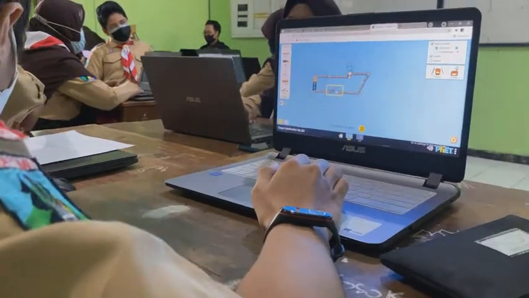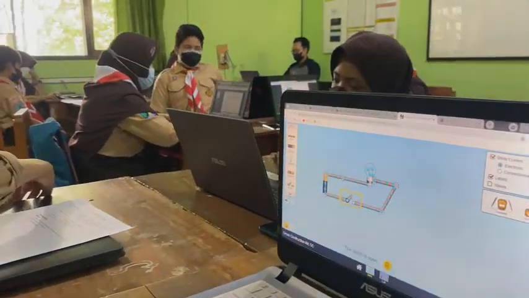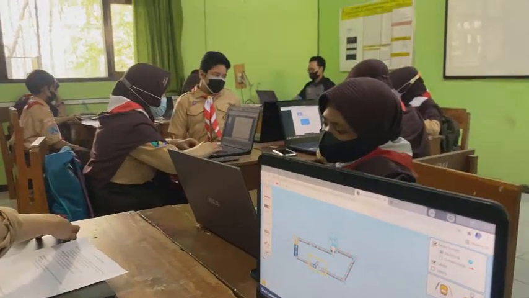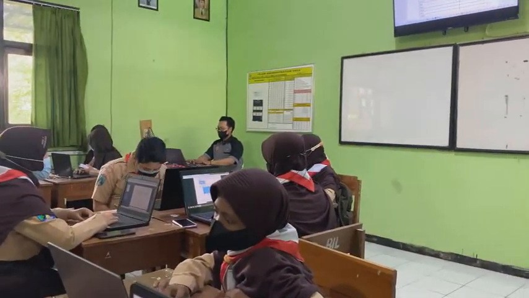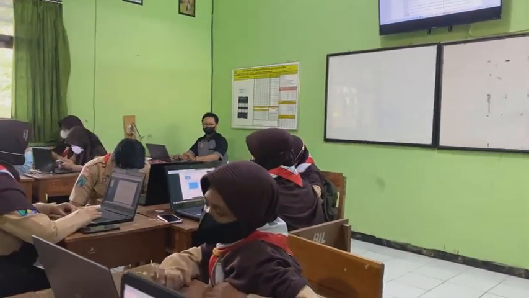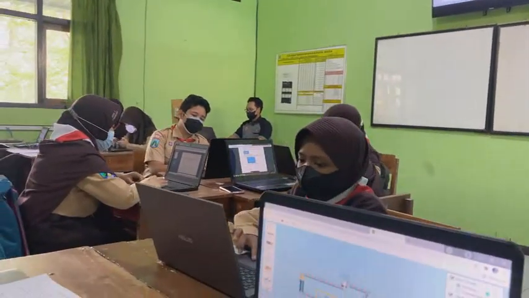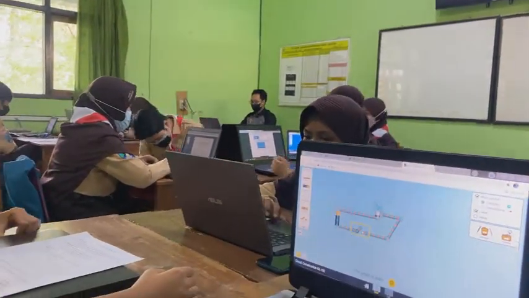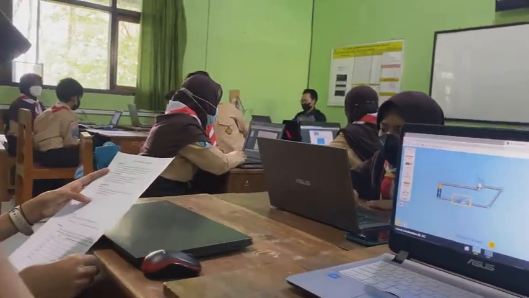And then the next question, what is the difference between switch off and switch on? Nah, state it. What is the difference when you switch off and when you switch on? And then the second, when there is a flow, there is electricity around a circuit. Nah, ini kalian